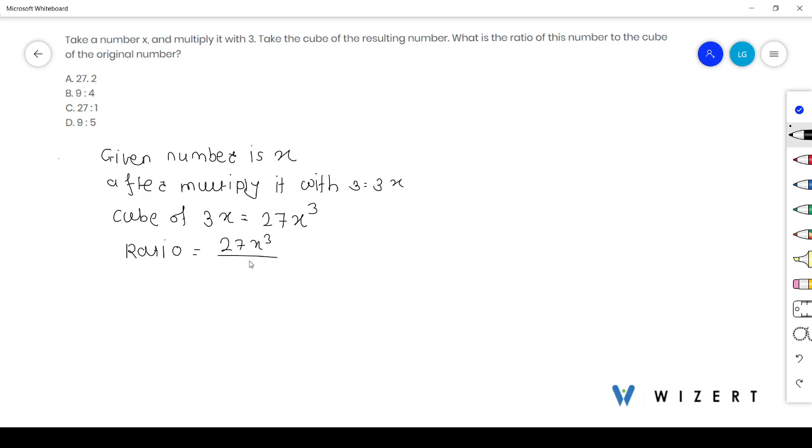ratio of this number to the cube of original number is given by 27x cube, and the cube of original number is x cube. So it is 27 as to 1. Hence,